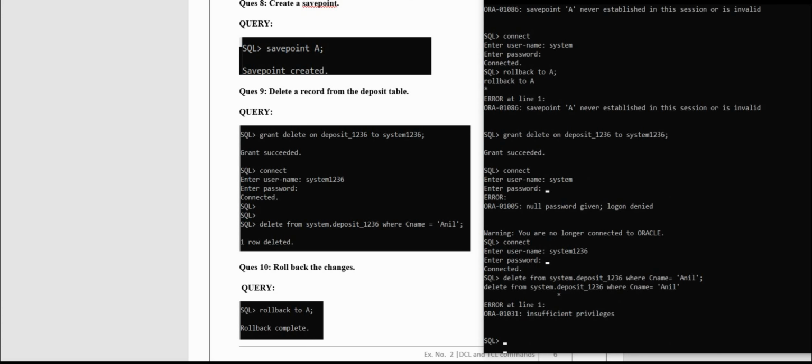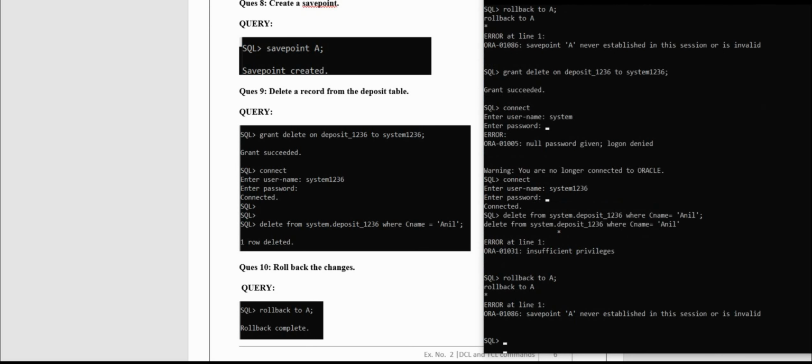Okay, delete from user, or okay, let me try that rollback to A. Okay, savepoint A is established in the session now.